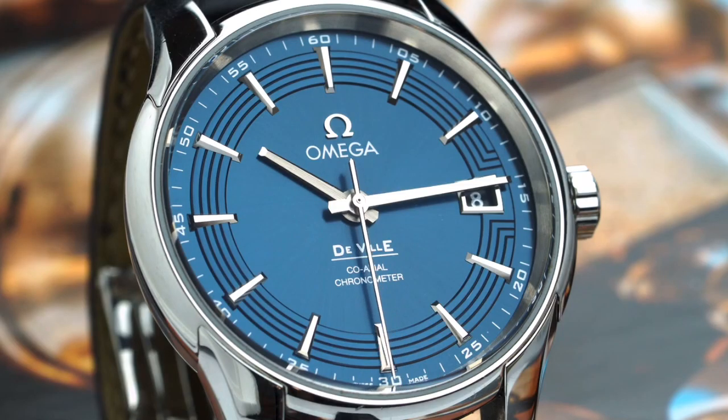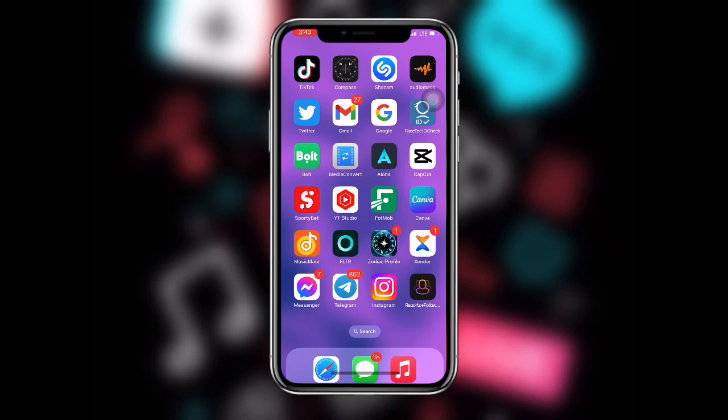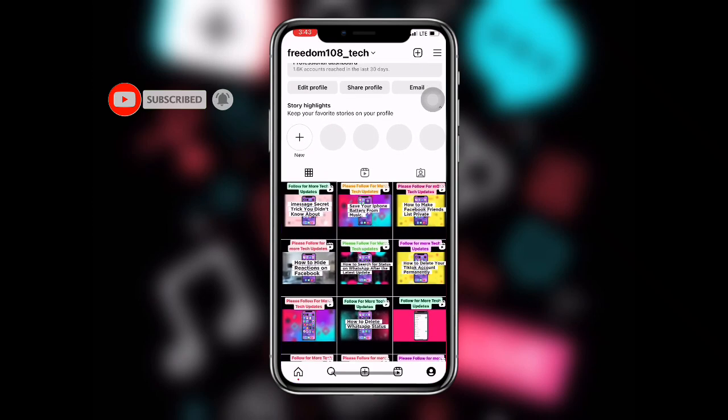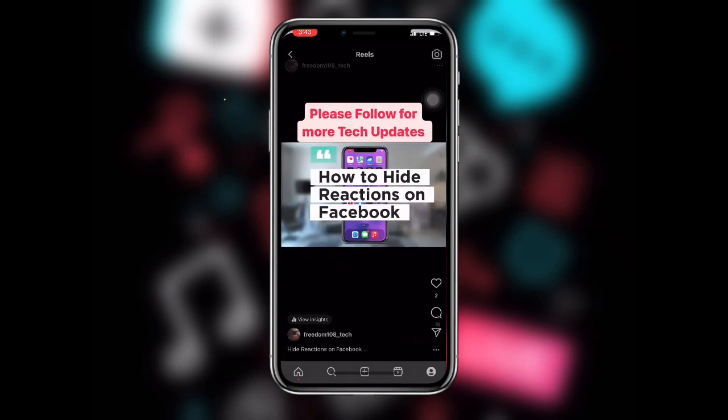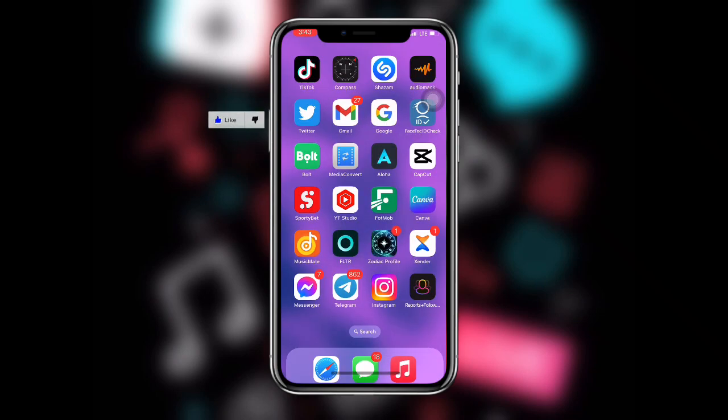Now without wasting much time, let's get started. Now in the first place, just open your Instagram and select the reel we want to download. Now once you have selected the reel, just click on share and copy the link of this reel. Now once you have copied the link of this reel, all you need to do is to open your